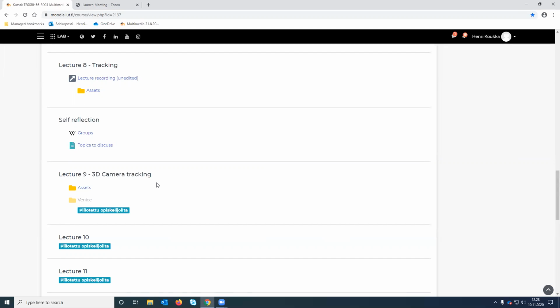So it somehow estimates or tries to create a 3D space out of the video clip. And for that, well, it cannot be done in all kind of video clips. You need to have a moving camera in that clip,